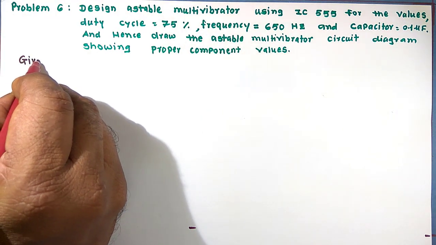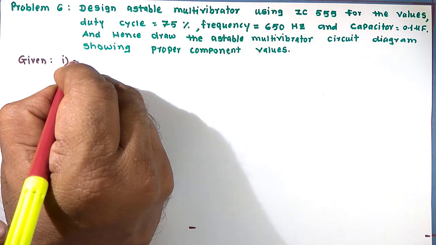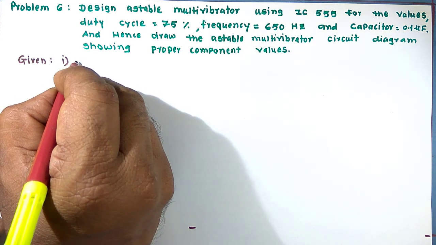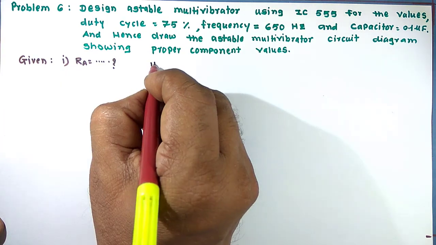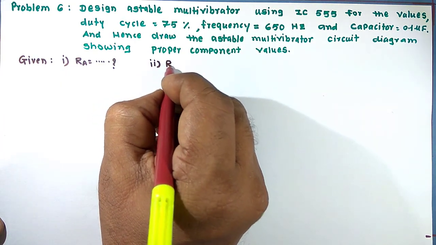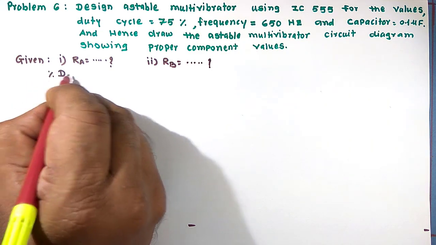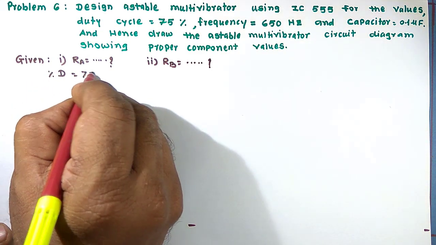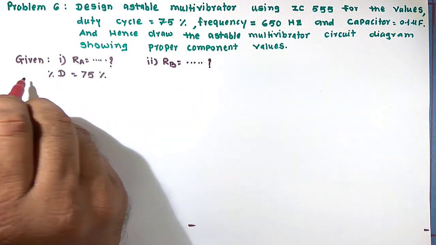So we first of all write given values. We have to design astable multivibrator, that is we have to find the values of RA, we have to find value of RB, where we have given that percentage duty cycle is 75%